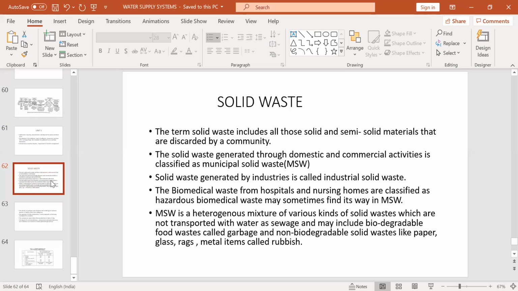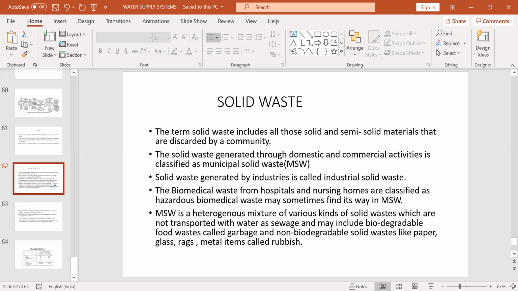Because see, anything that is in the liquid form or the gaseous form won't pose any serious problem as such. But whenever it is in the solid form, its volume will be more. So that is where the problem starts: where to dispose it? Huge quantity of solid waste is being produced every day, which in common terms we call kachra. Okay, so liquid and solid waste we produce, but we are producing in abundant quantity.